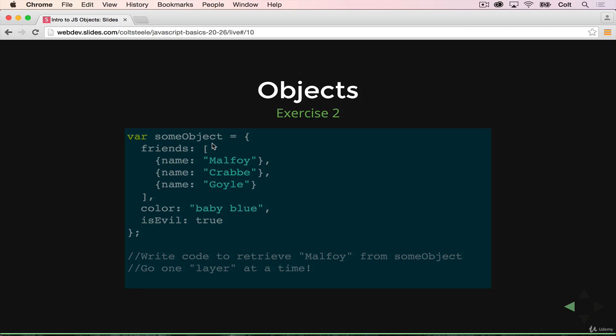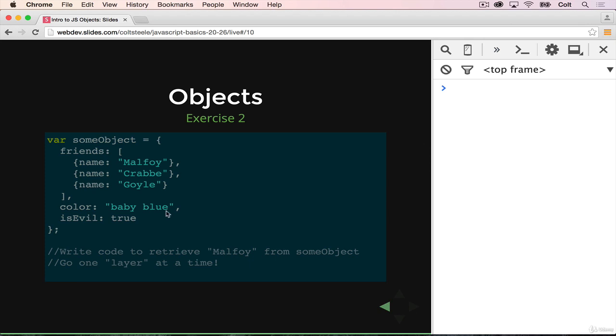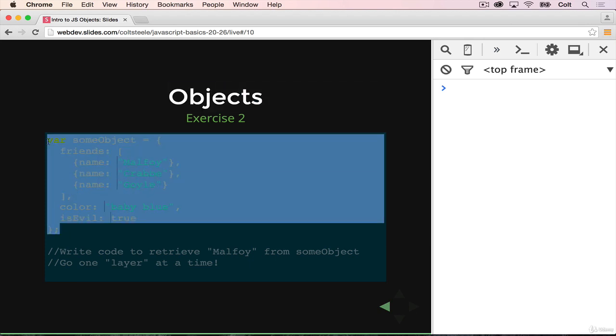Okay, so the answer here is that we first need to access the friends array. And to do that, it's SomeObject.friends. And then we need to access the first object inside of the friends array, which is right here. And then we need to access the name property out of that object. So let's type that solution up. I'm going to just copy SomeObject over,